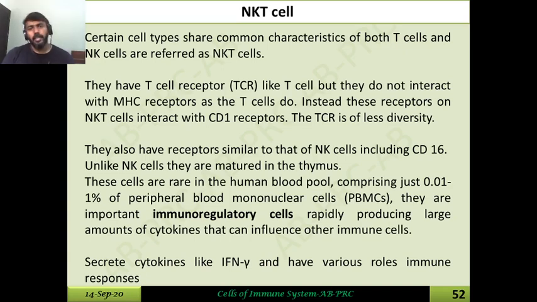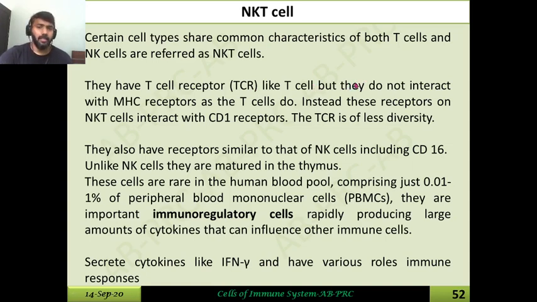Now a variant of NK cell, we call it NK T cell, right? So why is it called that? You can understand why it is called NK T cell, because they show characteristics of both T cell and NK cell. So what are the features related to T cells? The first feature is that they have a T cell receptor, right? But the T cell receptor is not similar to that of the T cell receptor on the T cells,